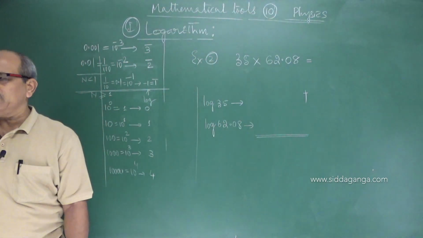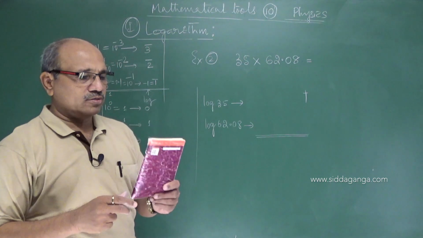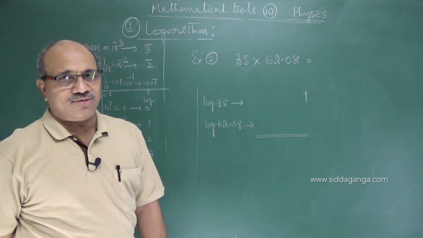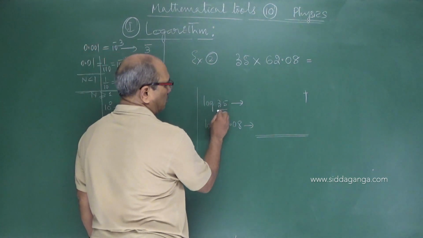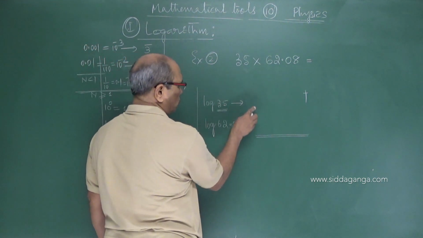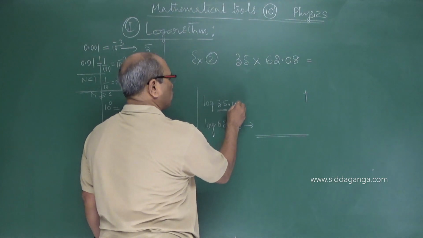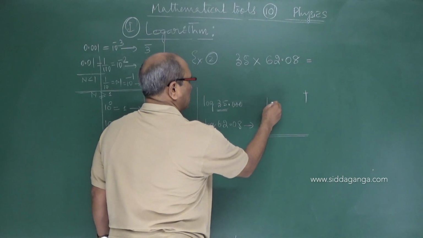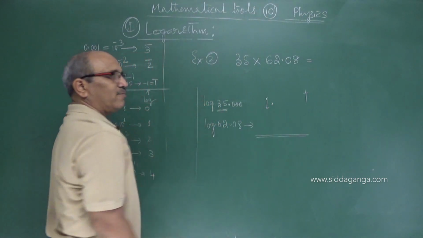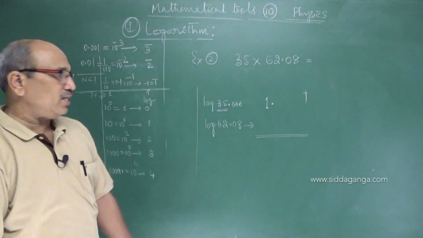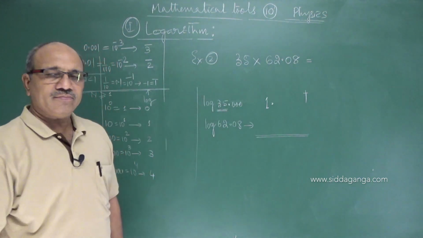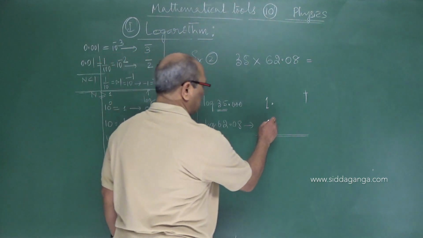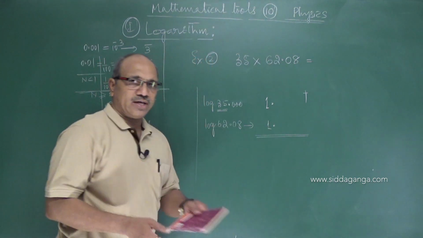How to get the log is here, the logbook. But before seeing the logbook, the characteristic part is ours. How many digits are there in the whole number part? It is 2. This can be written as 0, 0, 0.35 whole number part, you make 1 less. This is the characteristic I am writing now. After explaining, I am directly coming to that 35. And here it is also 2 digits. Therefore, it also has characteristic 1.